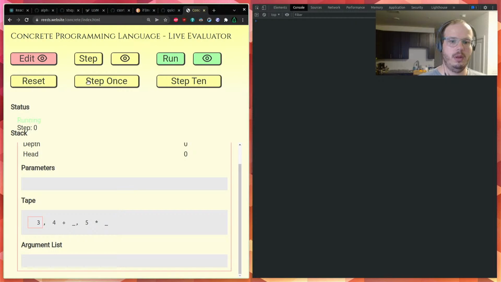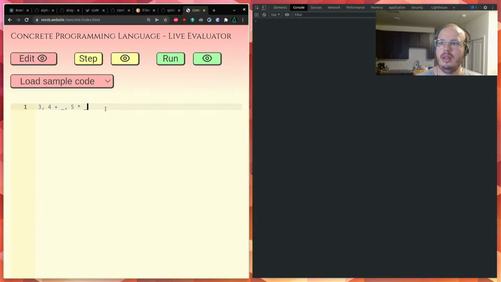Now when we step through, you'll see this, where we're at now, looks exactly like when we were at the beginning with the 3. We have a 7 under the reader head, and so when we step again, we get a 7 in the argument list, and now we move forward. That 7 just became as if it was written there the whole time. And you can see very clearly how we got to this result, 35. Then, unlike a Turing tape, we could even write something like a subroutine, basically.